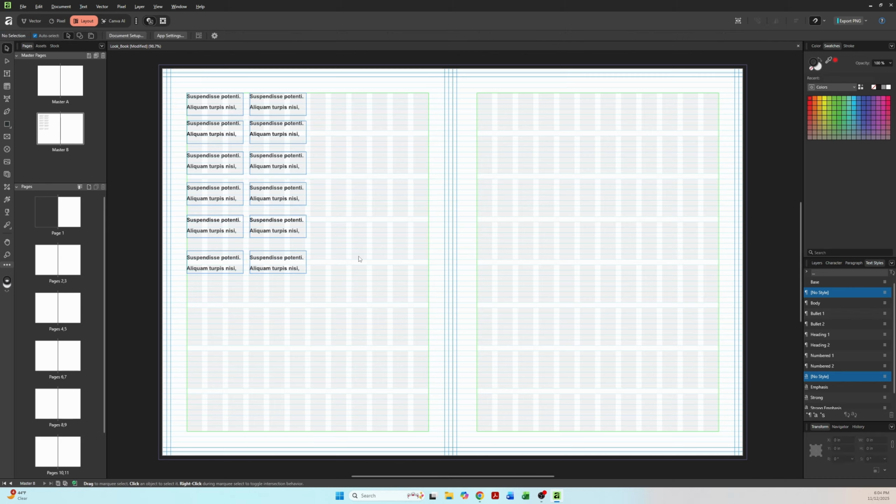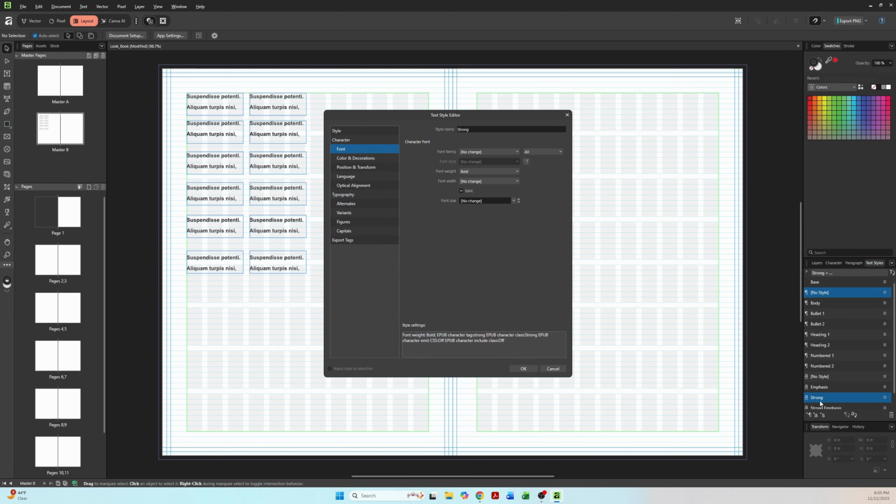And let's decide that later in the process, a client or our own personal preference, we decide to change the bold to be red bold. Well, to do that, if we set up our paragraph styles or character styles right from the start, we can simply come into that style, in this case, the strong style, double click on that. Then I'm going to come down to the font, color, and decorations. And I'm going to change this to be red by clicking on the swatches and choosing red. You'll notice when I did that, all the text frames that had the character style applied got updated, which is